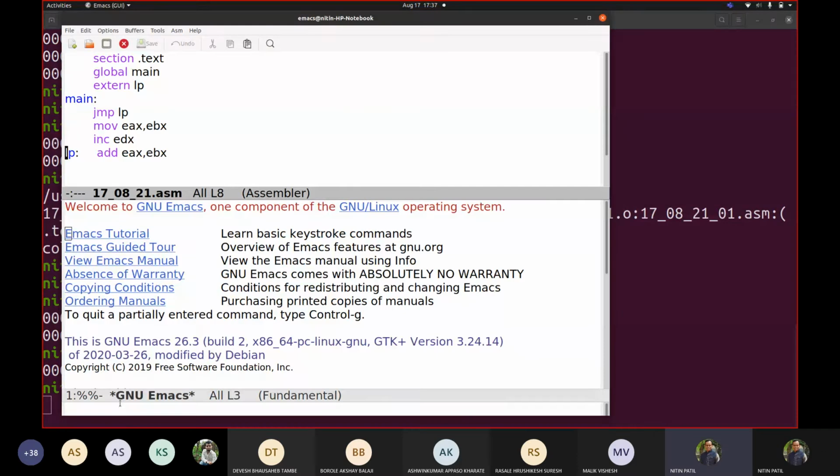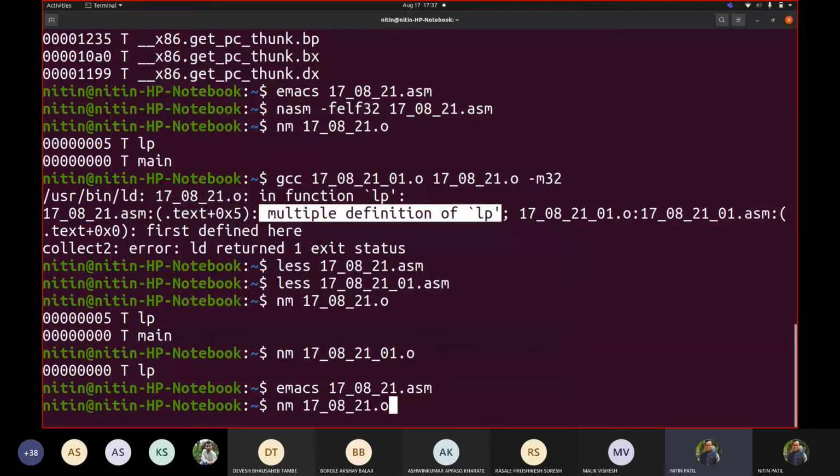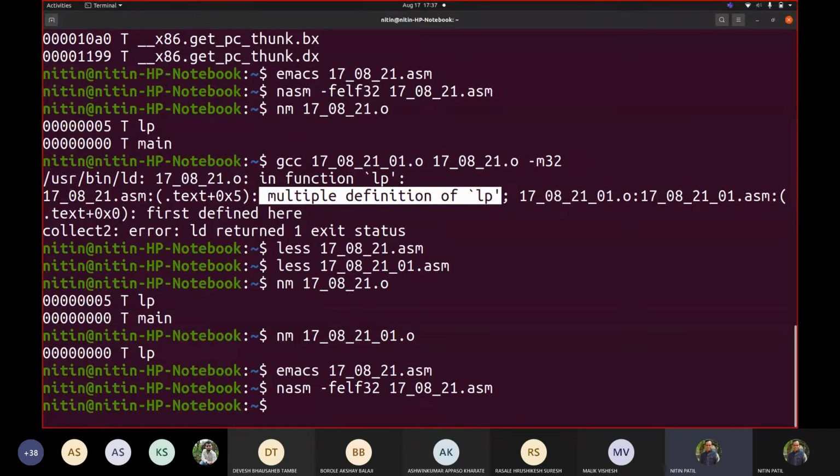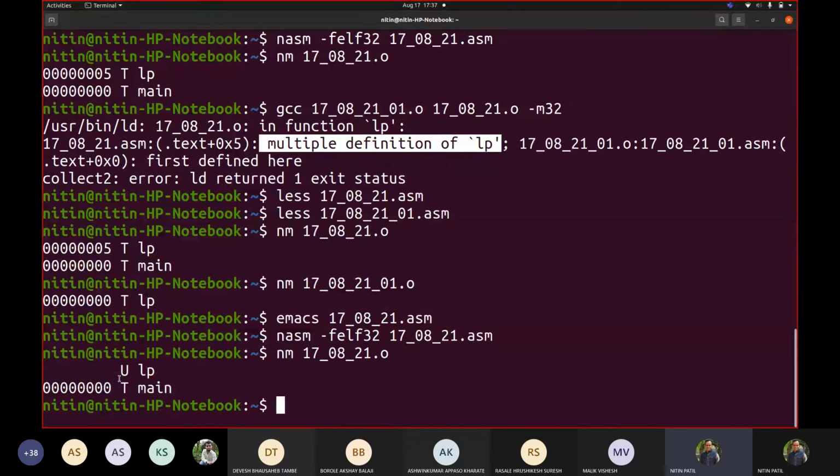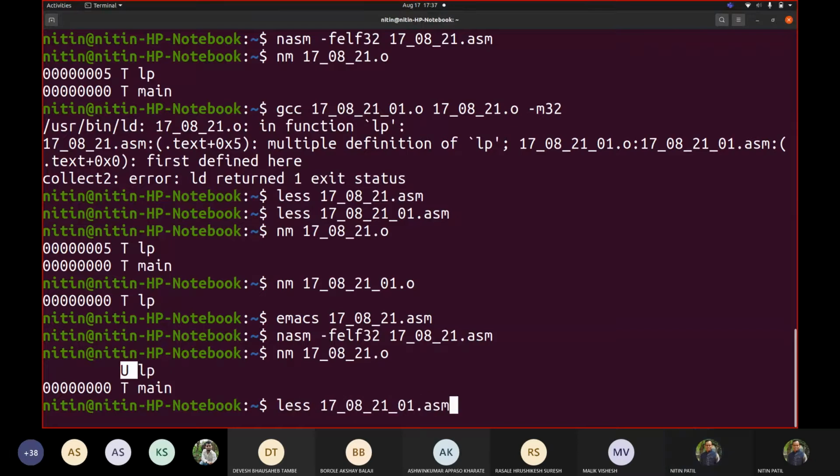and if I remove this label LP, okay, now let me try. Let me assemble the code. Yes, so I got it. So if I write nm, now you will see this U, correct, which is undefined now because I removed it and we wrote it as extern, and even we used it inside the code. Now if I try to link both using GCC,